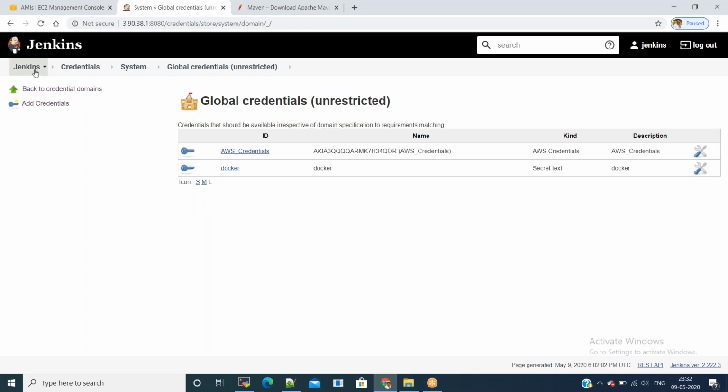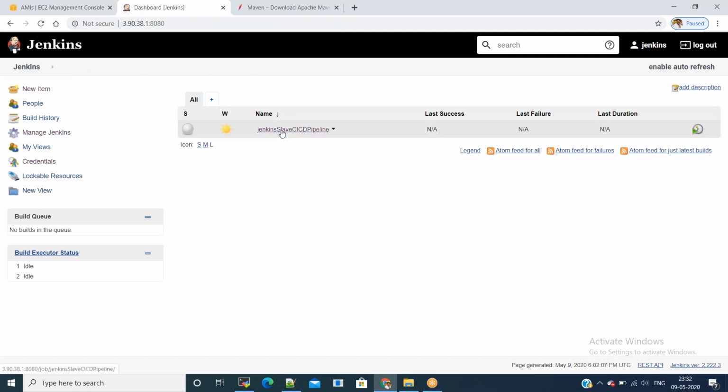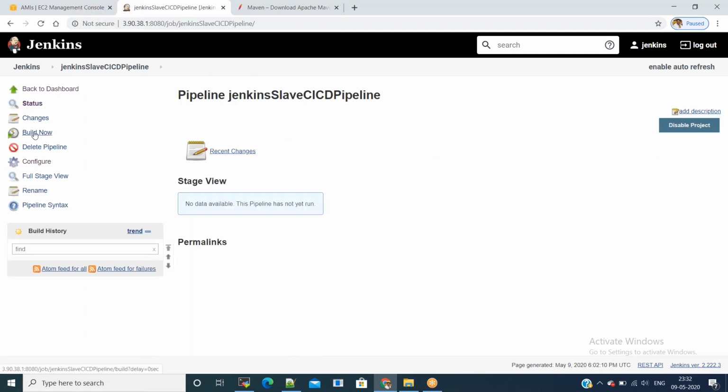Click on OK. Now we have AWS credentials and Docker Hub credentials. We'll go back to our CI/CD pipeline job and click on build now.